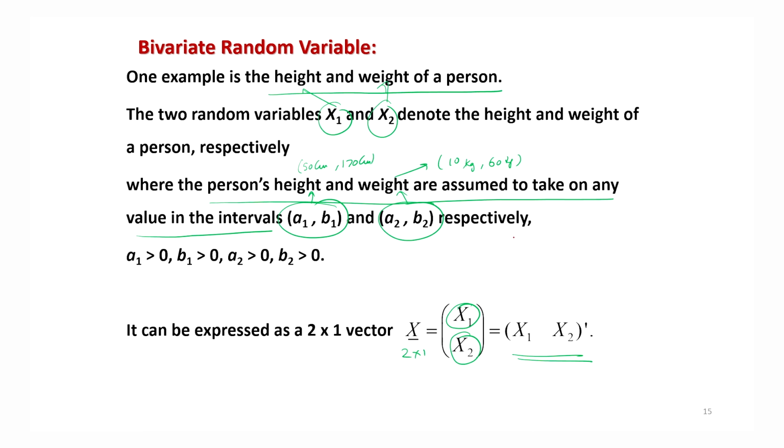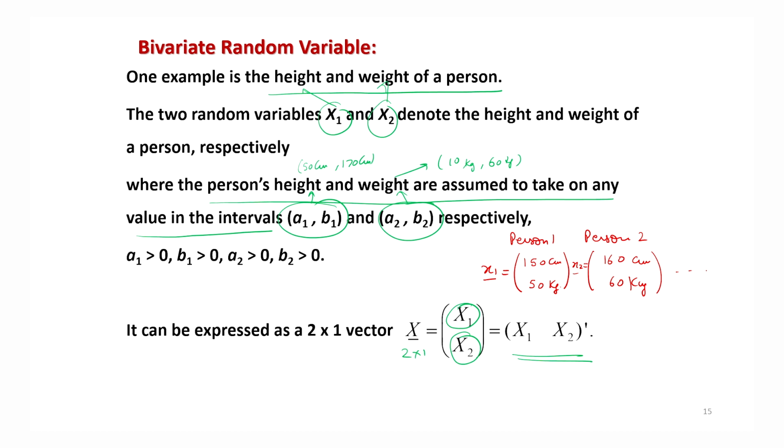So suppose I say here person number 1 and person number 2, and suppose the height of person number 1 comes out to be 150 centimeters, and the weight of person number 1 comes out to be, suppose, 50 kilograms. And for person number 2, suppose the height comes out to be 160 centimeters and the weight is 60 kilograms. So now these are the observations, which are going to be indicated by x1 underscore like this, and the second observation is going to be x2 underscore.